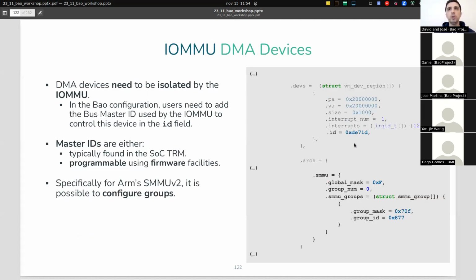Second point is that when you are configuring a device, in the really good platforms, you will have an IOMMU. I think most of them have it, but that Bao supports, but some don't. And if your device is a DMA device, you will have to add this ID, which is the bus master ID of this device on the platform, which can be either hard-coded in the hardware,